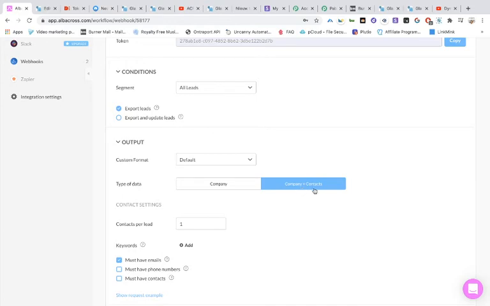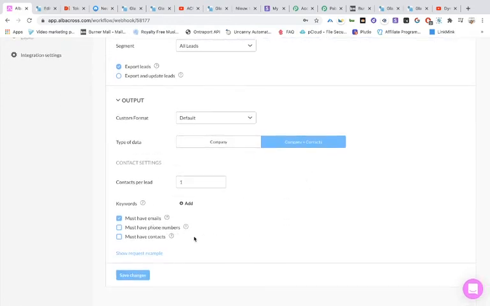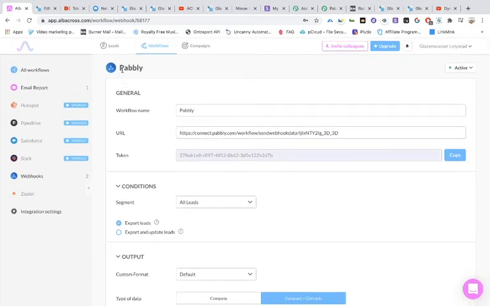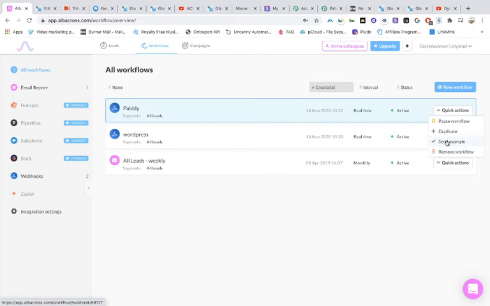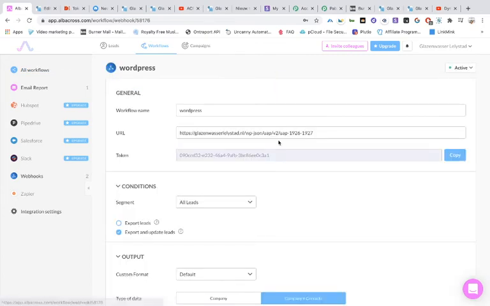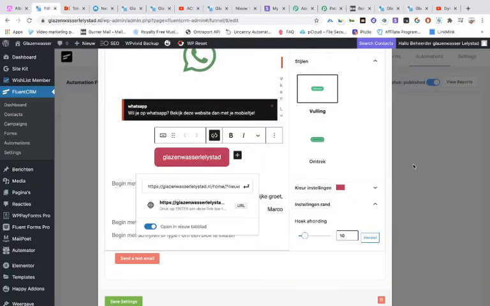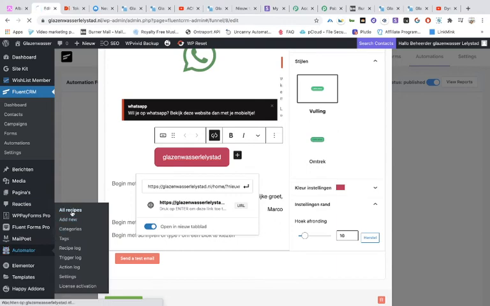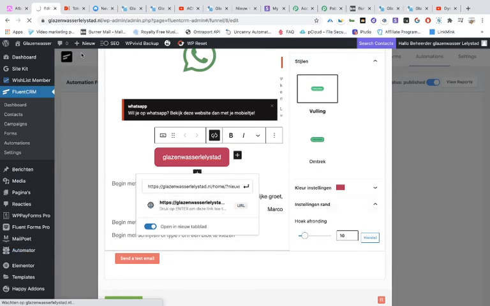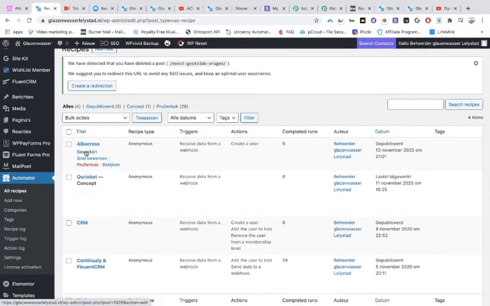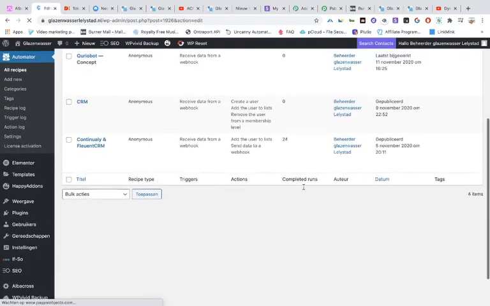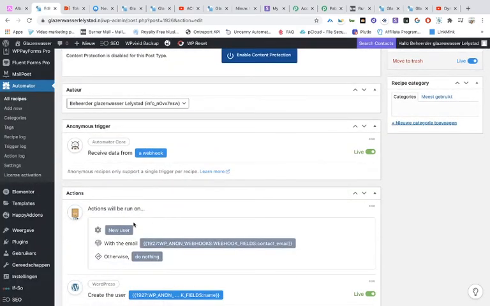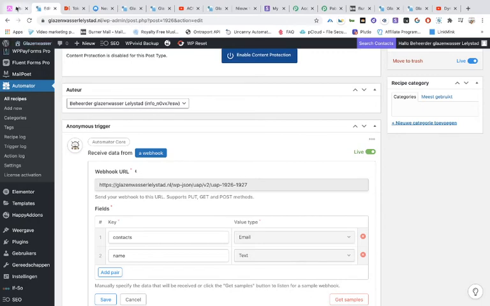You have to choose for company and contacts, one lead, must have an email, save it, and then of course you go to the workflow, and here by Pabbly you send an example. Yeah, so this was with WordPress, and we use here Uncanny Automator. So if we go into Automator all receipts, and sorry for the delay, and we watch this, then we can use that's an anonymous users, and we can use this webhook